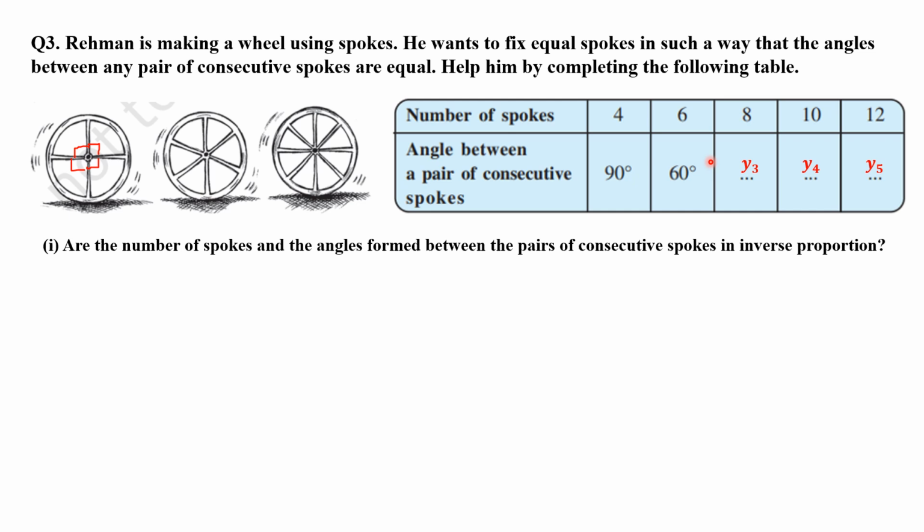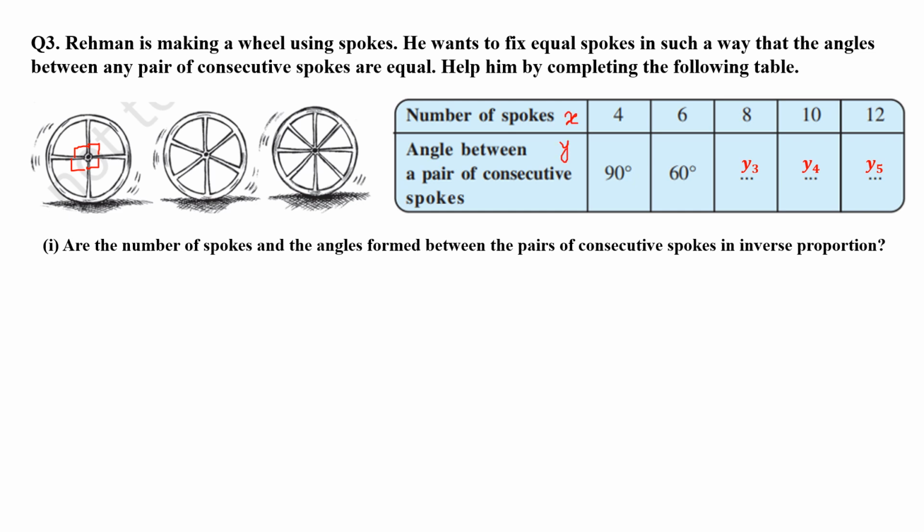So if you see from the table here, as the number of spokes increased, the angle between the pair of consecutive spokes decreases, isn't it? From 4 to 6, the number of spokes increases, but the angle decreases from 90° to 60°. So I can say they are inversely related to each other, because as one is increasing, the other is decreasing. Moreover, if you consider the number of spokes as x and the angle between them as y,